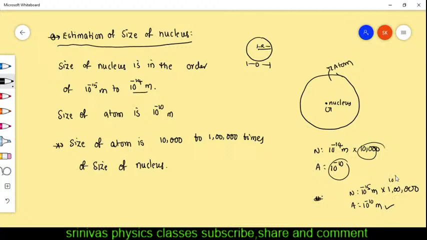1 lakh means 10 to the power of 5. 10 to the power of 5 and 10 to the power of minus 15, you will get 10 to the power of minus 10. That means if nucleus size is multiplied with 1 lakh, then you will get the atom size. That means the size of atom is 10,000 to 1 lakh times the size of the nucleus. Okay, right. Next one is